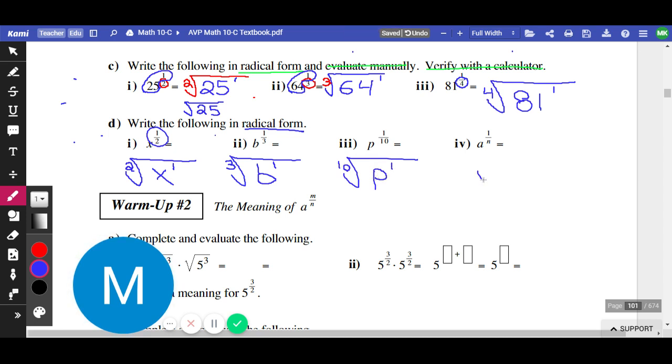And the last one's a little trickier. So they used letters now. They had n as the bottom number and a as the base. When you have a letter on the bottom, little n right there, nothing changes. You're going to treat it the exact same. So the index, instead of being a number, is an n. And then a to the power of 1 stays underneath. So even if they throw something crazy at you, like letters, you can still handle it the exact same way. The bottom thing of the fraction goes to the index, even if it's a letter.